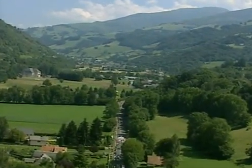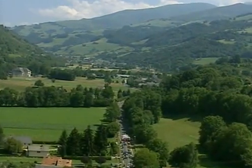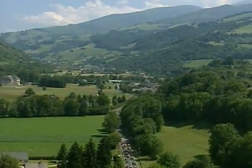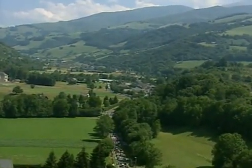But what a climb it is. The last 4 or 5 kilometers of today's stage, the gradient really starts to kick in at around 8 or 9%. Well, this is the Valley of Campan, and the beautiful little town of Sainte-Marie-de-Campan